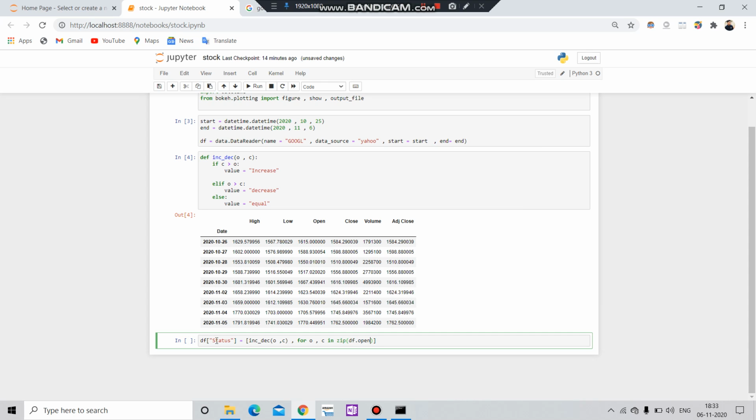df.open, df.close. What we have done here, we have taken this function, and here we have passed the for loop for iterating through these values in the open and close attributes. Okay,